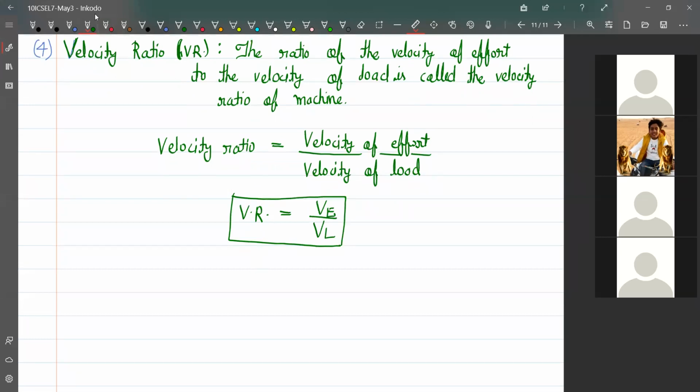So we can also write this definition in terms of the distances moved. If dL is the distance traveled by the load in the same time, and dE is the distance moved by the effort in the same time,